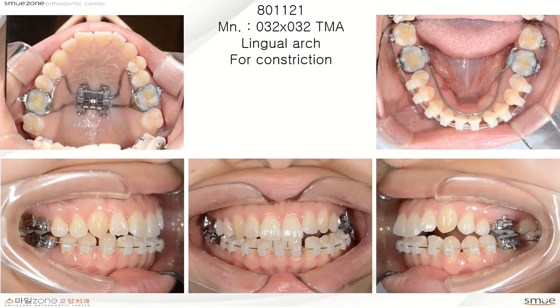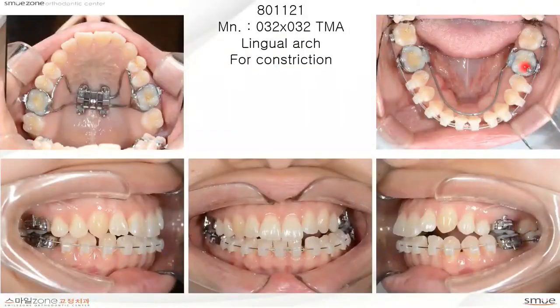And in the lower, the expansion is not needed that much. So we decided to constrict the lower molar, especially on the left, with the help of the lingual rods,